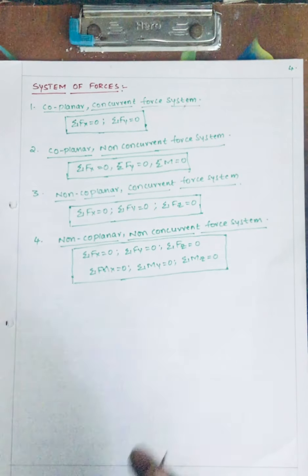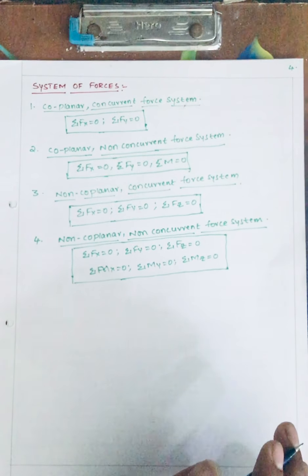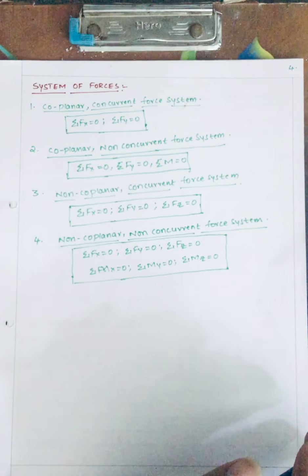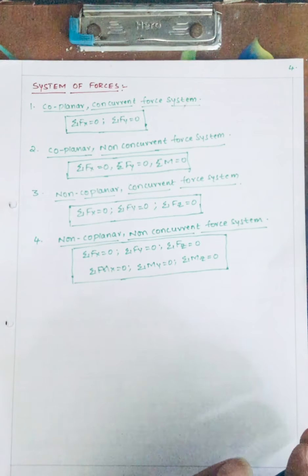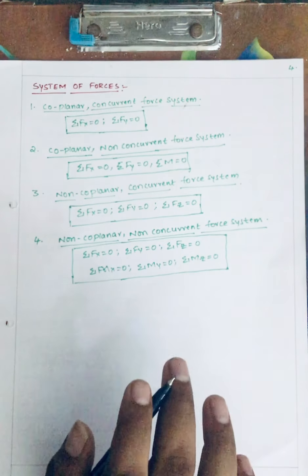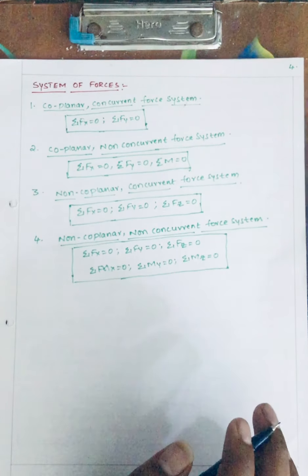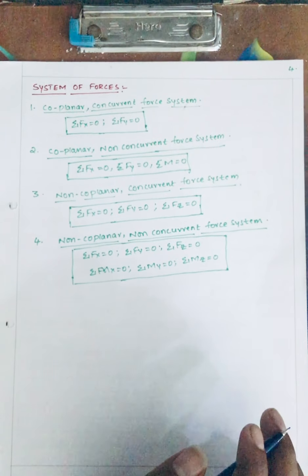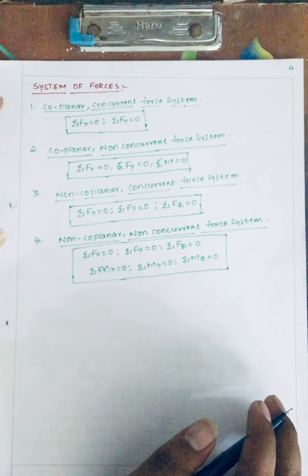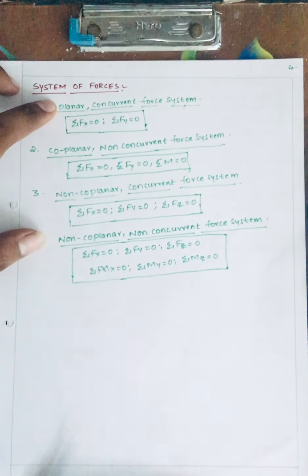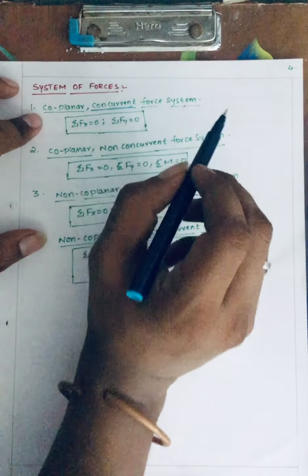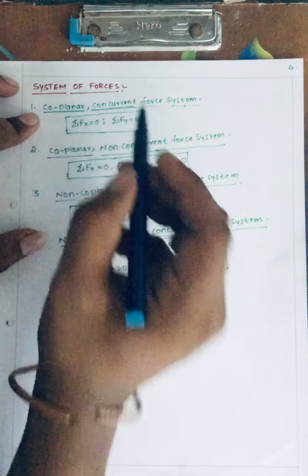The next one is the system of forces. We have to strictly follow this system of forces, because we will have different types of members joining at whichever point they want in skeletal structures. When a load is applied on a particular member, we have to consider this system of forces. First one is the coplanar and concurrent force system. Concurrency means two forces are meeting at a single point. Coplanar means they are lying in a single plane.